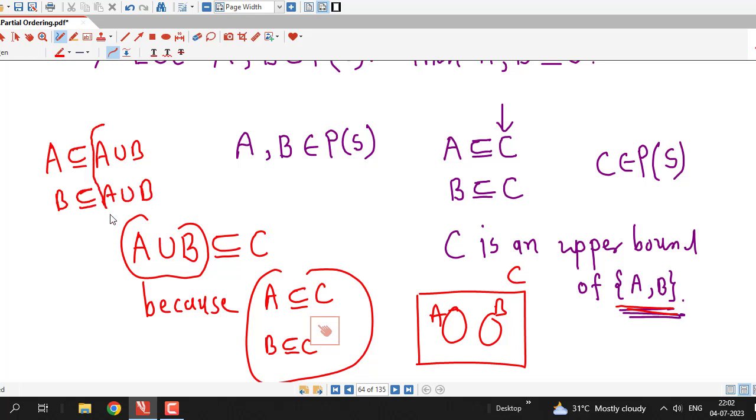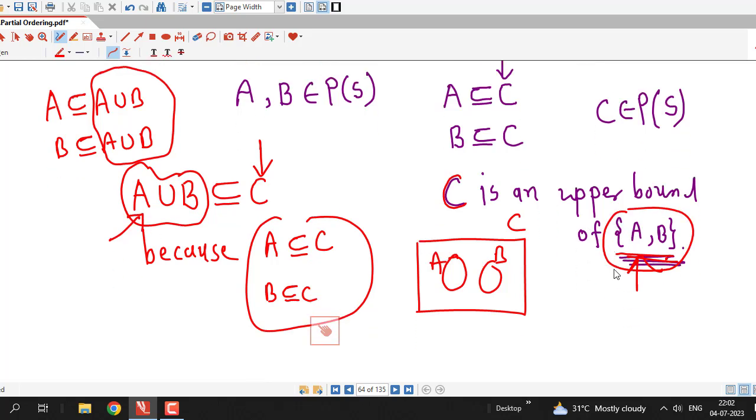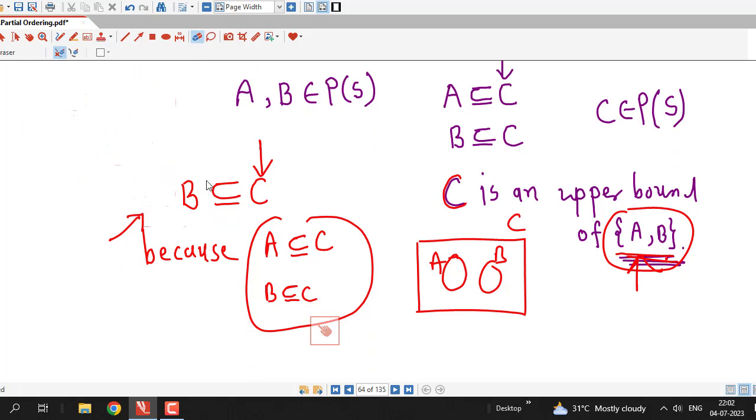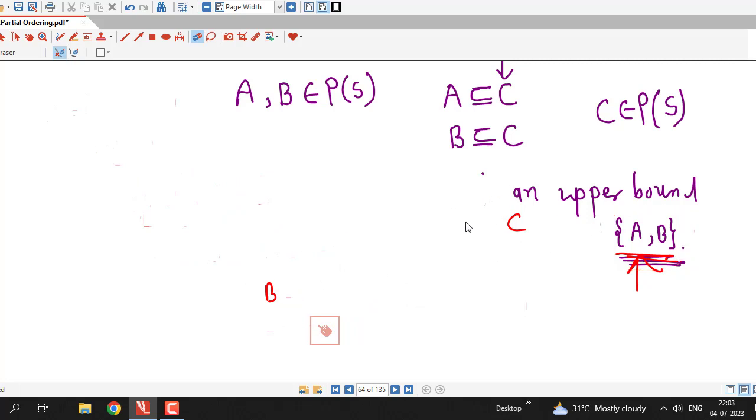So A union B is an upper bound of this subset having two elements A and B, and if C is any upper bound of this set, then A union B is a subset of C. This means A union B is the least upper bound of this subset having two elements A and B. Therefore the least upper bound always exists in the power set of S under the inclusion relation. So here